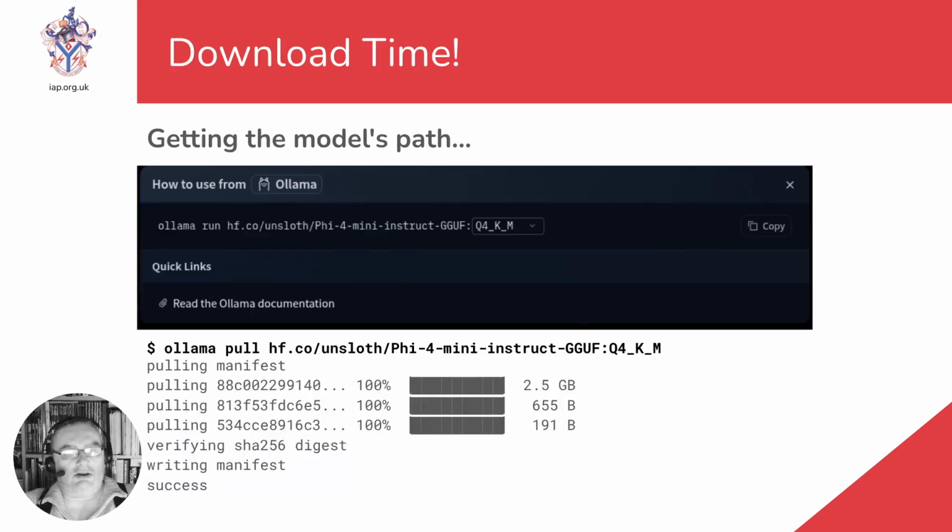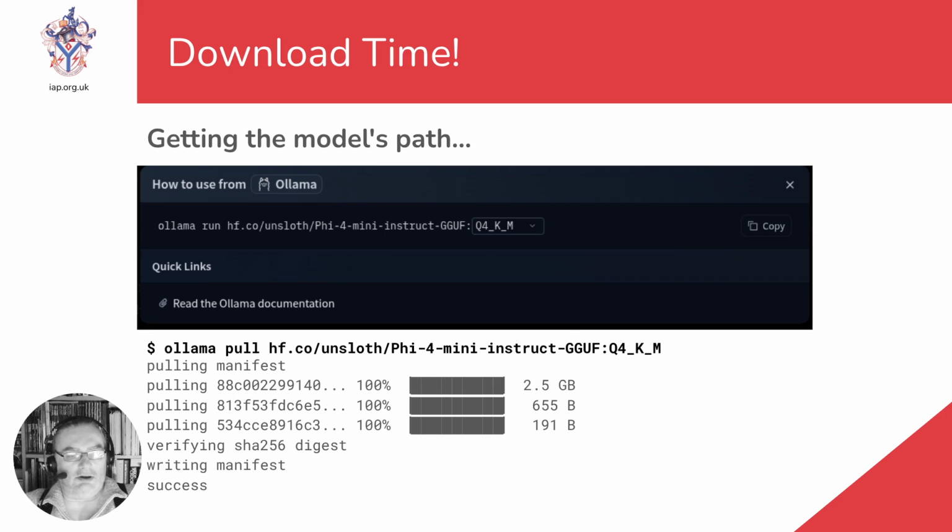Selecting Ollama displays a dialog showing the command to download the model locally. We also have the option of choosing the quantization of the downloaded model. For most models, when using a consumer graphics card, Q4_K_M is usually the best choice. This gives us a good balance of precision, model size, and performance. If we use ollama run as shown, we will download the model and run it as soon as the model